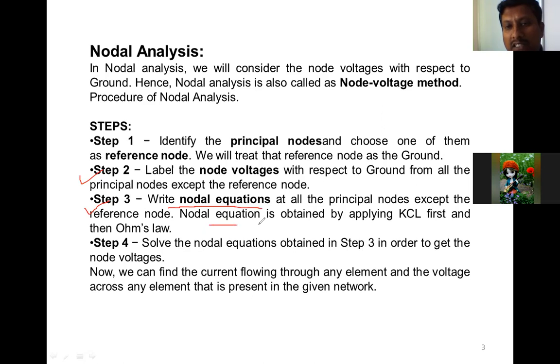So the node equation we can obtain by applying the KCL. If the current is not known, we already know the rules of KCL. In the KCL, the algebraic sum of outgoing current is always 0. The outgoing current we take as a positive value in the equation, and the incoming current we take as a negative in the equation. So if the current is not known, how to write it? I is replaced by potential difference V divided by R.